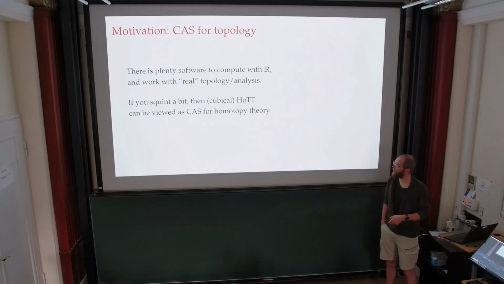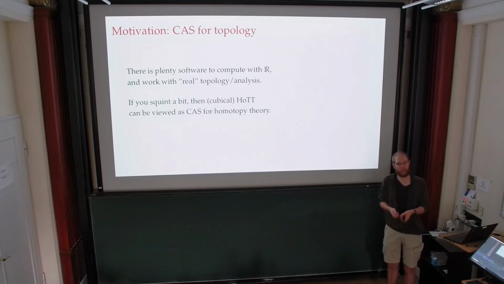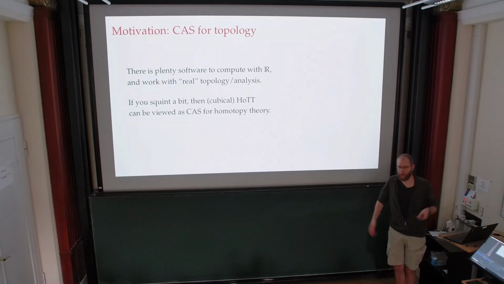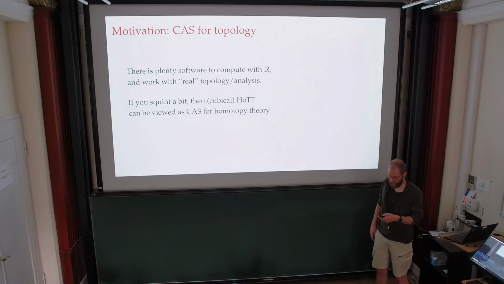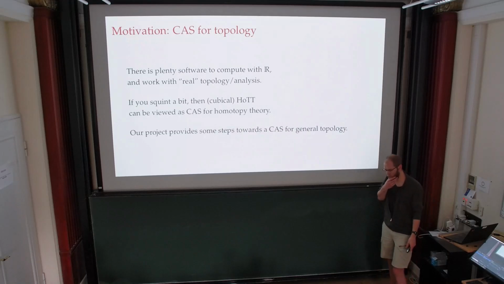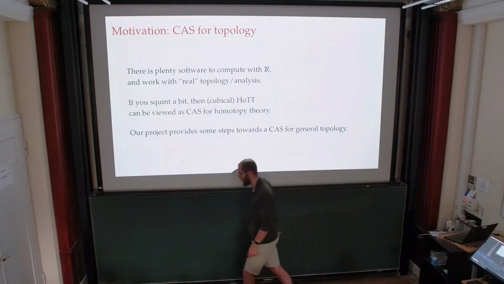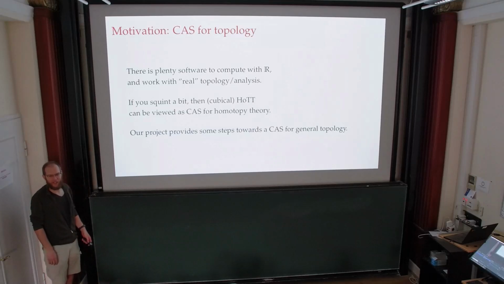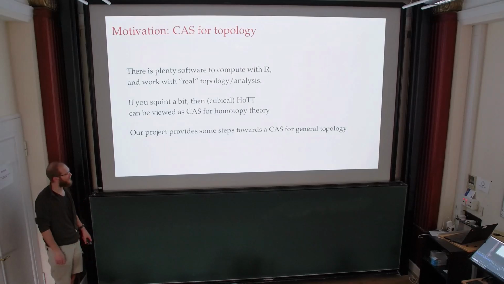But what if you want to say, let X be a topological space, and you want it to be a sort of random topological space that doesn't necessarily behave like the real numbers and also has actual points, instead of a homotopy type where all the points are quotiented out by path equivalence. And so our project provides a first step towards something that could eventually maybe become a computer algebra system for general topology. But at the moment we're very far from the computability aspect, so you can't really compute. But anyways,